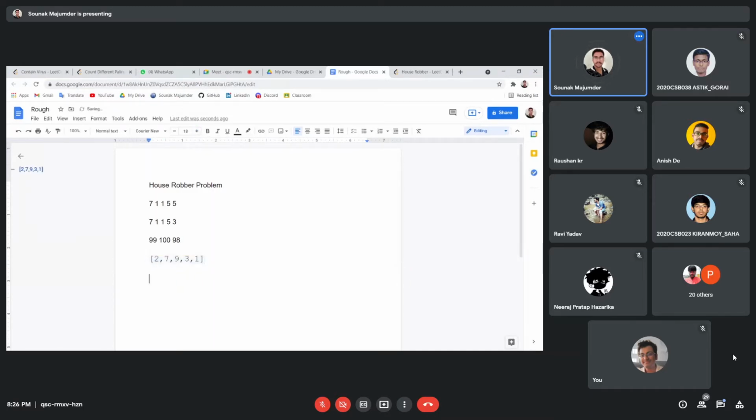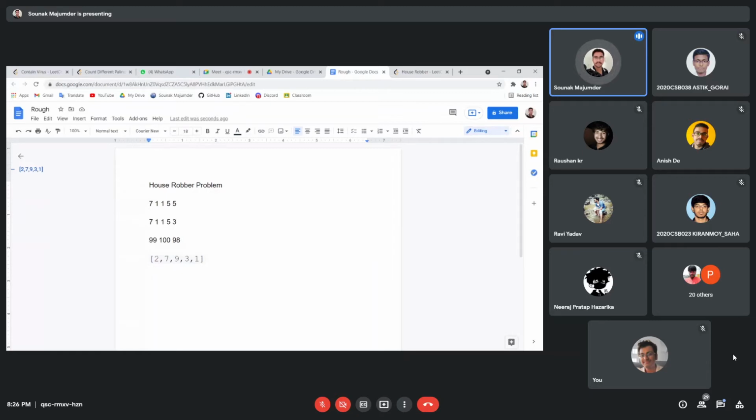For the Fibonacci problem, to construct the ith Fibonacci number, you have to know the I minus 1th Fibonacci number and I minus 2th Fibonacci number.